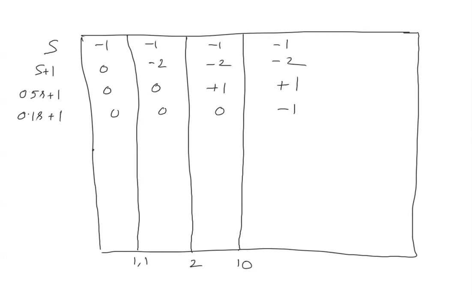So basically it starts from 10. It starts with a slope of -1. It goes with a slope of -3. It goes with a slope of -2. And then